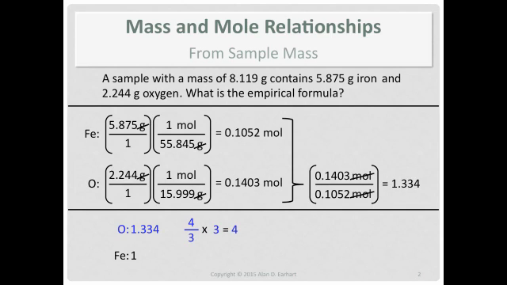3. But see, this seems to be suggesting that our mole ratio is 4 moles of oxygen to 1 mole of iron, and that's not correct. I have to preserve the 1.334 to 1. So remember, mathematically, whatever you do to one part, you do the same thing to the other part. So since we multiplied the oxygen ratio by 3, we have to multiply the iron ratio, which I know is iron to itself, but also by 3.